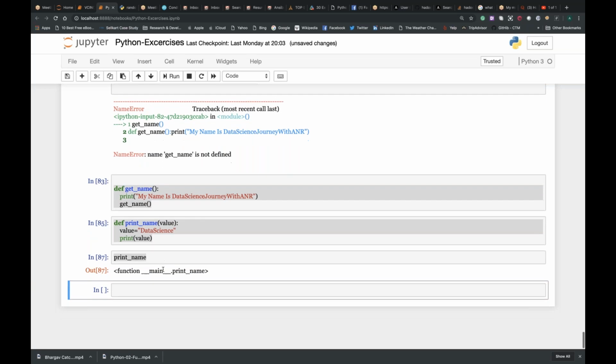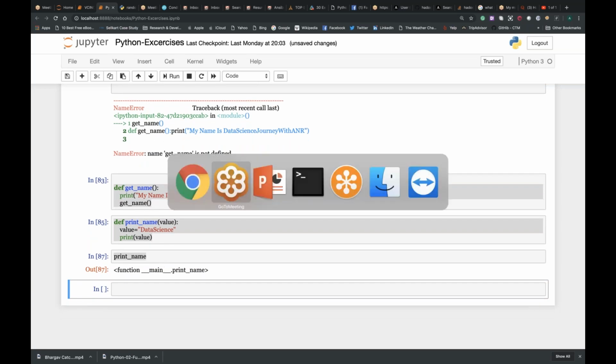Now here, when I said simply print_name, what did it say? It said, boss, it's a function. You have written a function, that's fine. Did it return the value? It didn't return the value. There's a logic: the value is stored within the variable and you have not properly called the function.